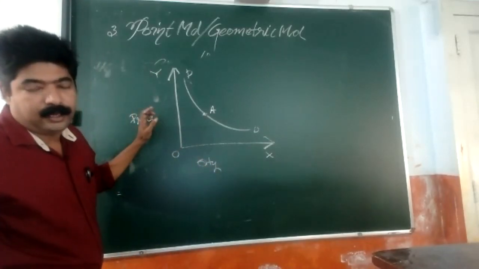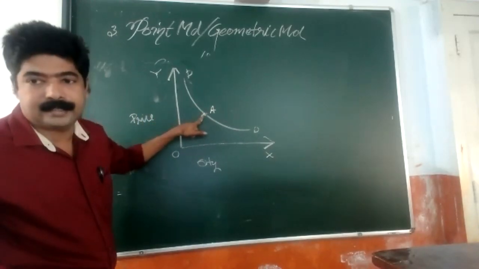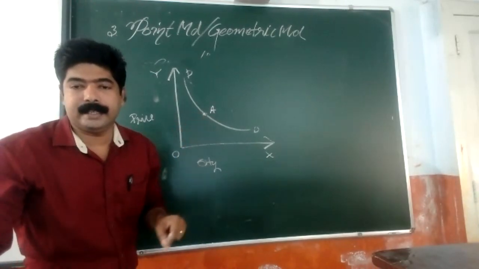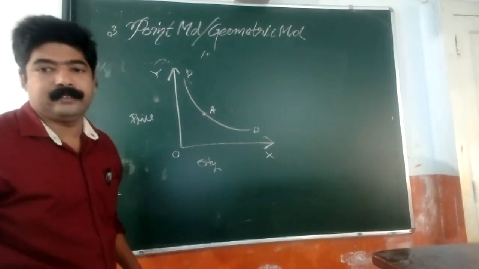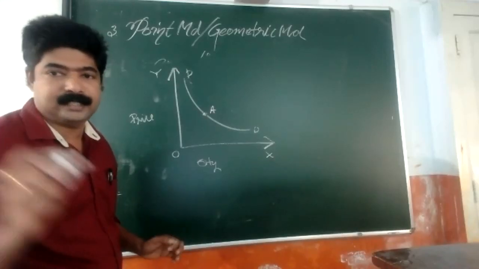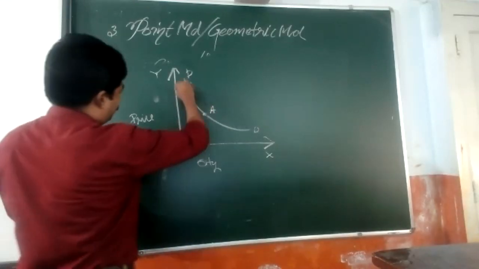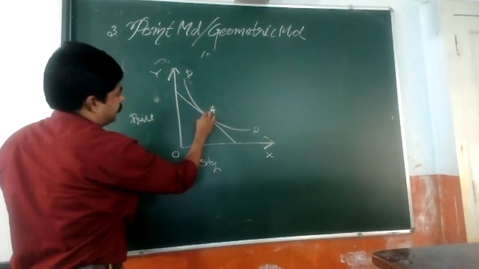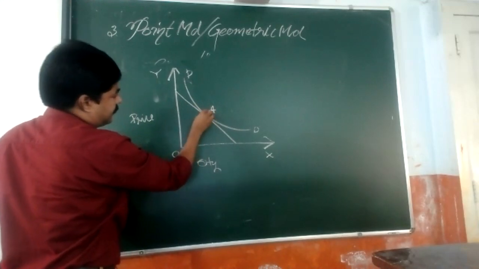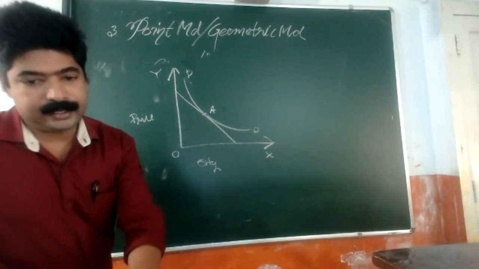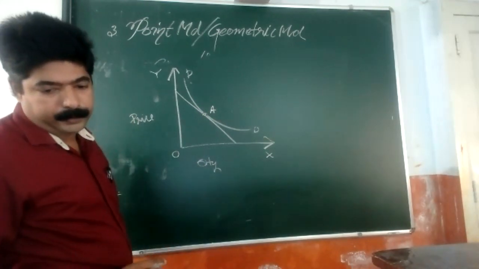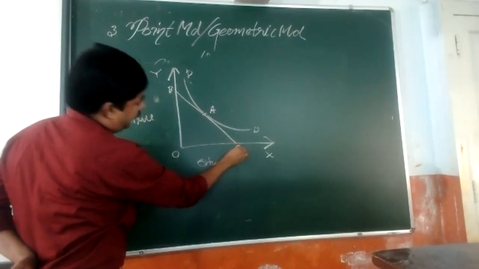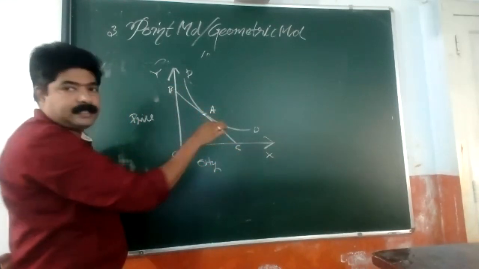Just listen. To calculate the price elasticity at point A, first of all, we need to use a tangent line. We should draw a line that is tangent to the demand curve. So I am drawing a line tangent at this particular point. This is the point of tangency, and there we should give a name. BC is the name of the line, and this is the place where it is tangent.